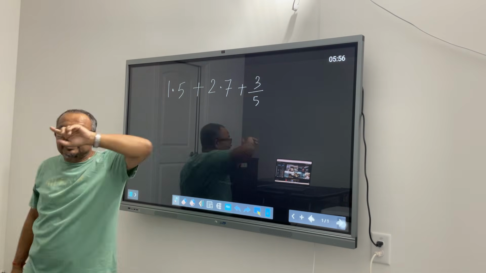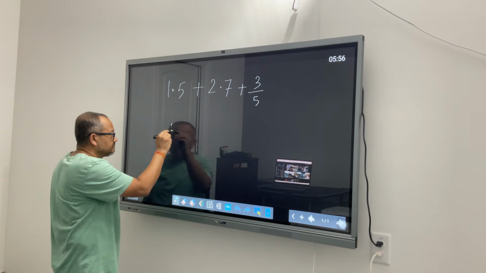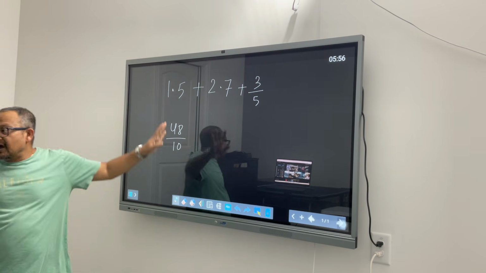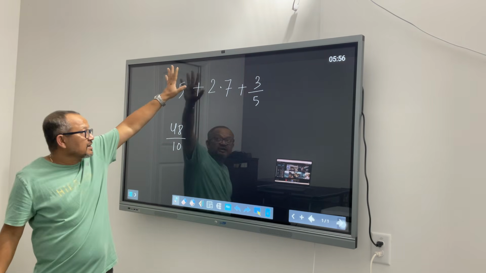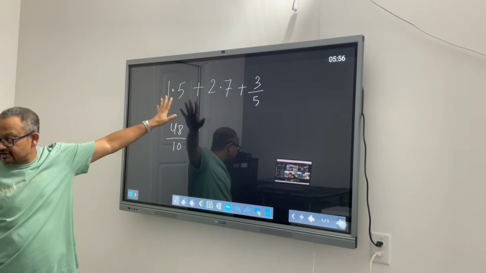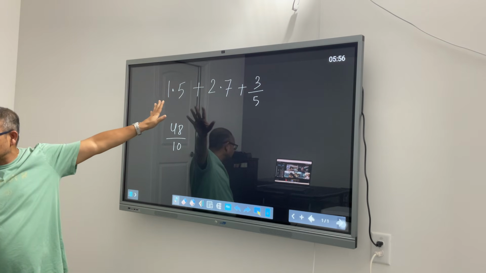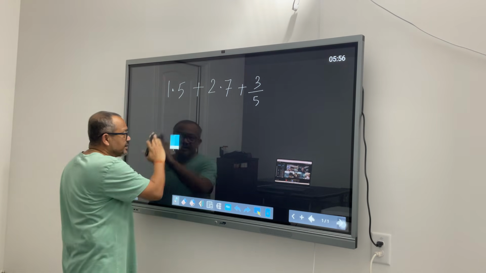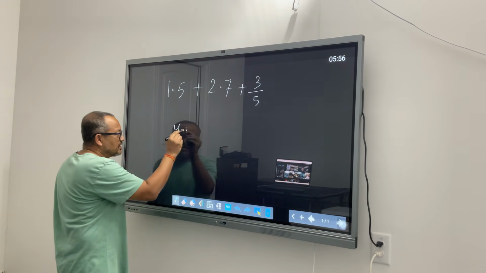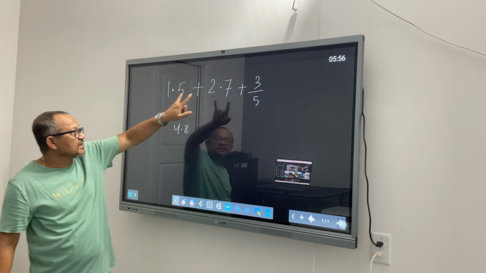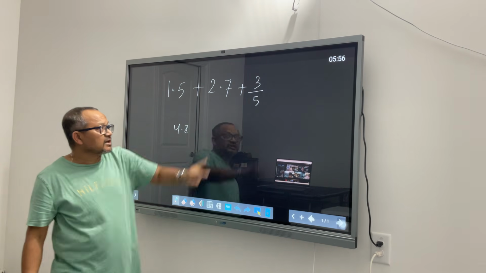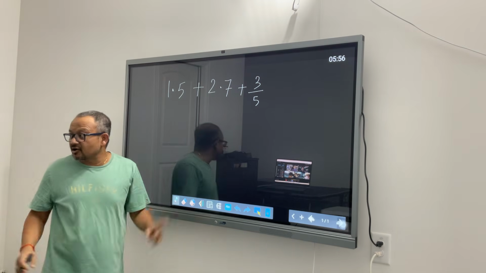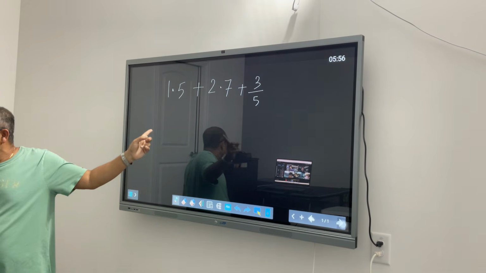Some of you gave me the answer 48/10, and that is the correct answer because Anika converted everything to fraction, then she added it. That's how she got this number, right, Anika? Now, Sid got 4.8. What he did was, he said, okay, this is decimal, I'll just convert this guy to decimal and then add the 3 decimals. And that is how he got his answer in decimal.